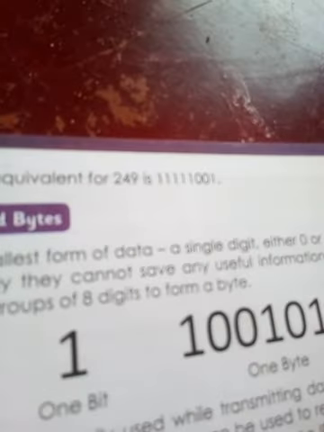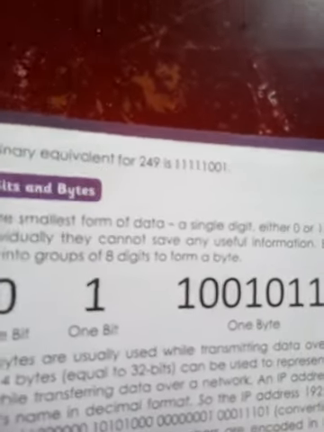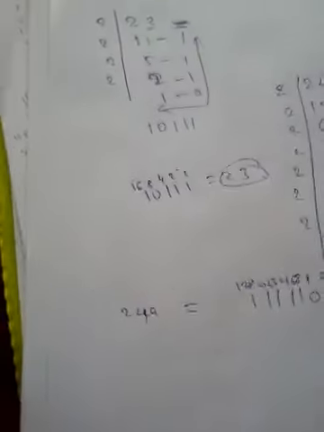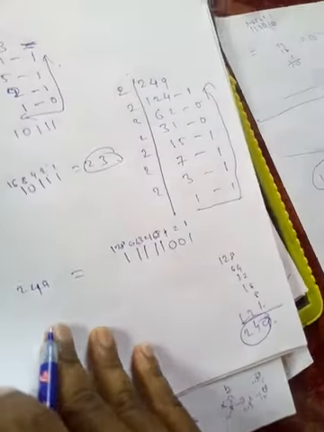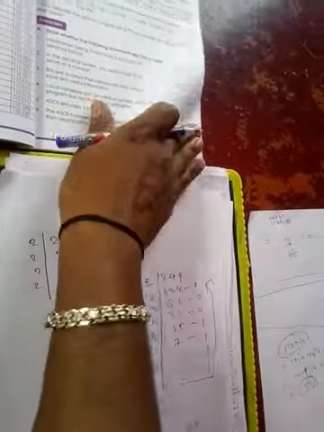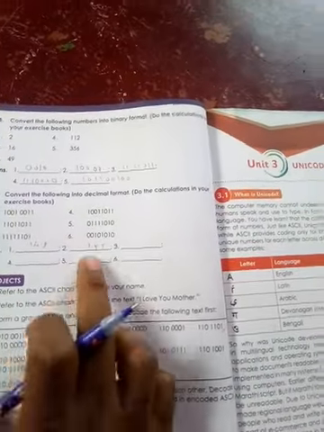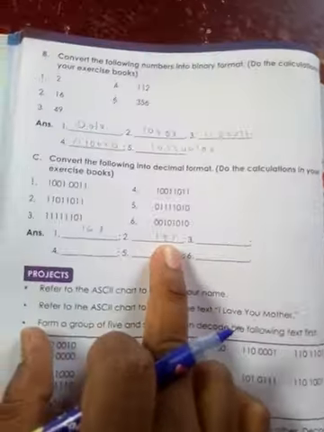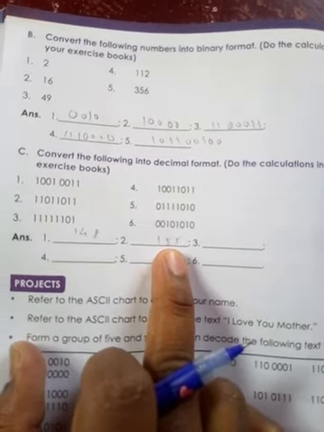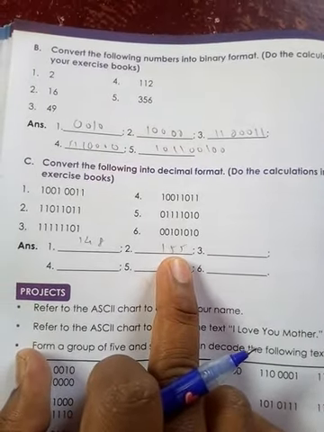You can see here the 5 ones. The answer is the same as the example given in the textbook. You can solve with your own numbers. Take simple numbers, like those given here, and convert binary to decimal and decimal to binary. You go and solve this one, and you will get how to solve it. Any doubts, ask me.